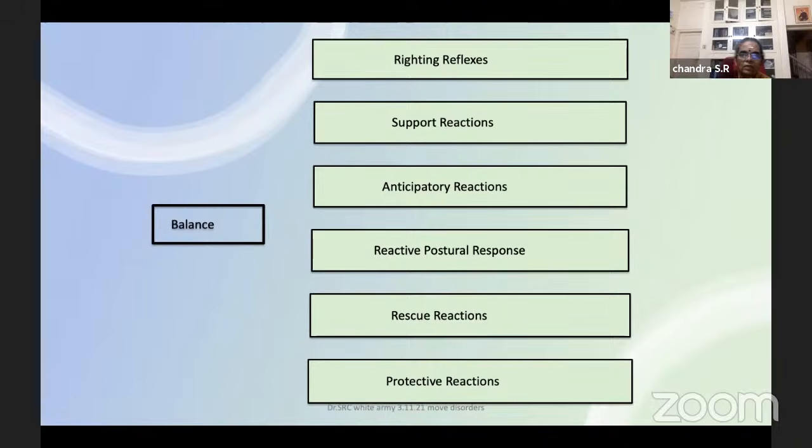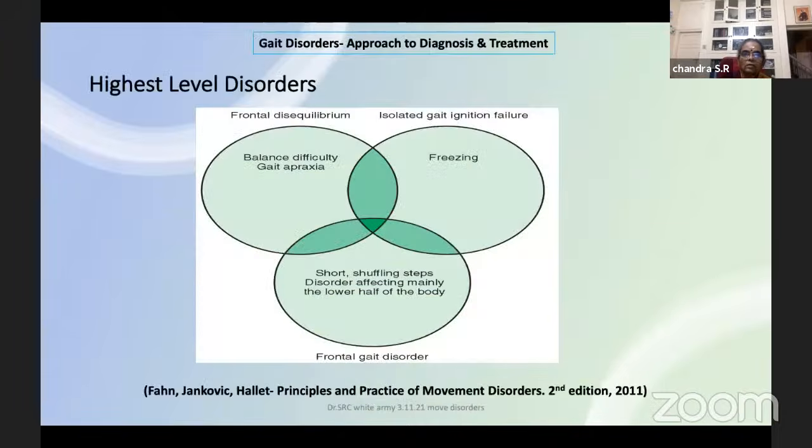What is involved in gait, we just now saw. What is involved in maintaining posture is righting reflex, supporting reaction, anticipatory reaction. You expect there's a turning scooter might come. And if you have not anticipated, something has come and you react to what you saw. And you have not even reacted, you have fallen, so rescue from injury. And protective reactions. These are the things which act during